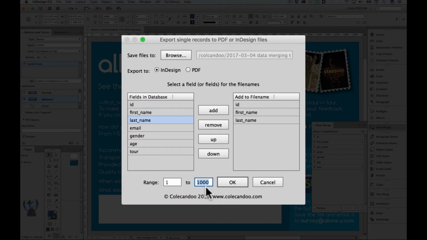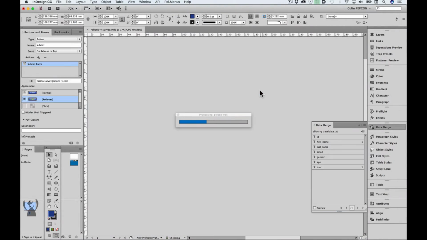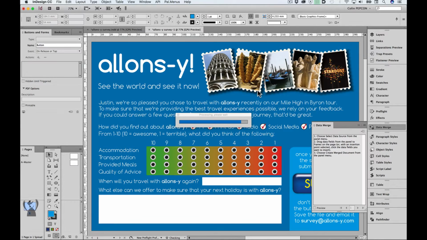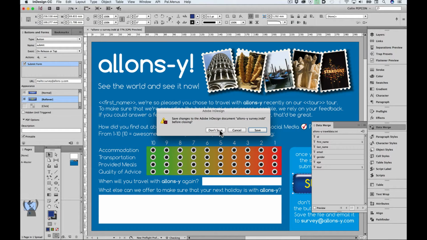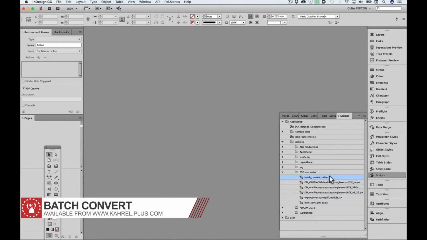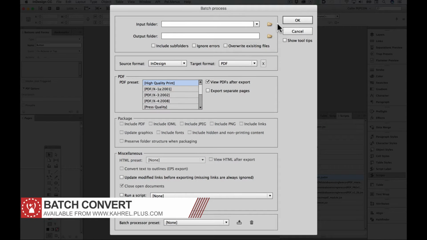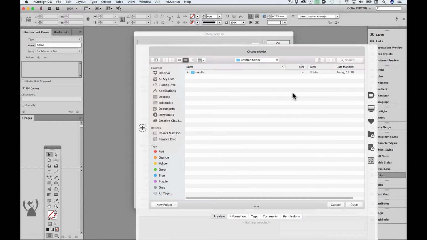For the sake of the demo, I'm just going to do 10 records. We don't want to sit here through 1,000 records. I'll then close the InDesign file and run another script, namely batch convert. This script is an amazing utility created by Peter Carroll. It takes a folder of InDesign files and can convert them to a variety of formats, including, for our purposes, interactive PDF. I'll point the script to the folder of InDesign files I just made,